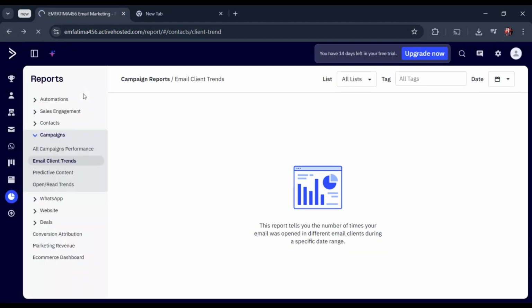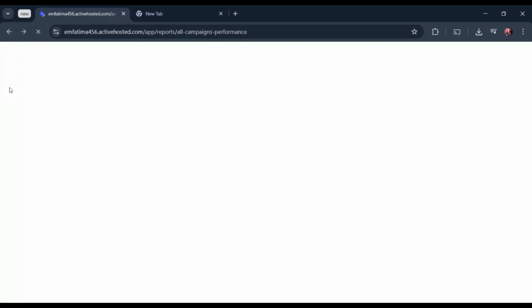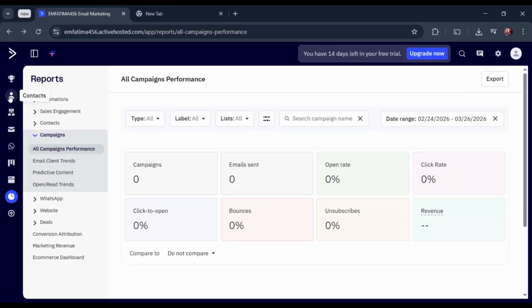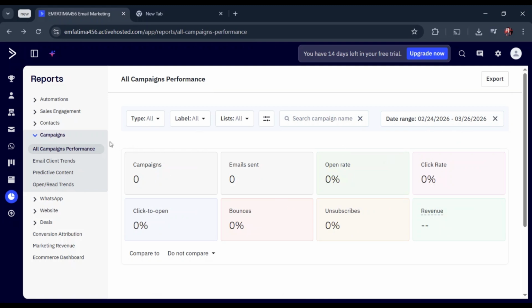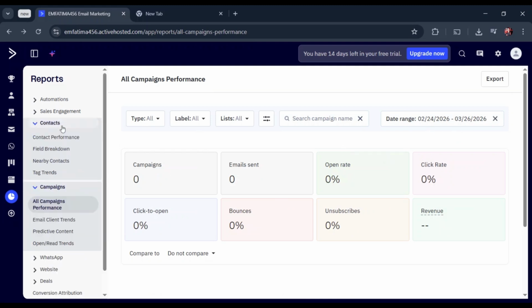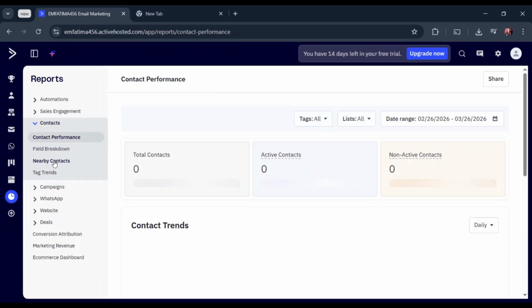Here you will see a list of fields you can use, such as contact, first name, last name, company name, or any custom fields you have created for your contacts. Select first name, and ActiveCampaign will insert a merge tag that automatically pulls in each contact's name when the email